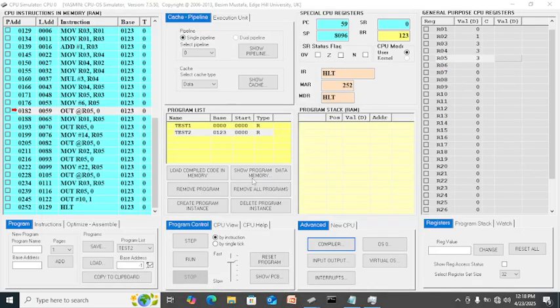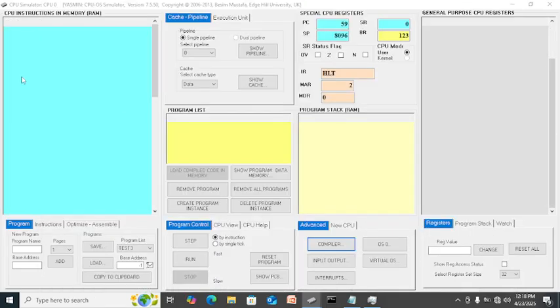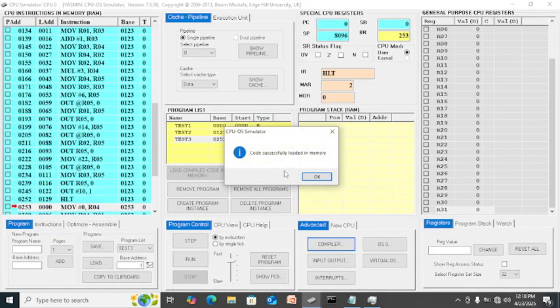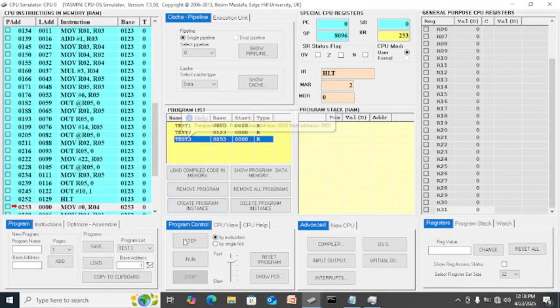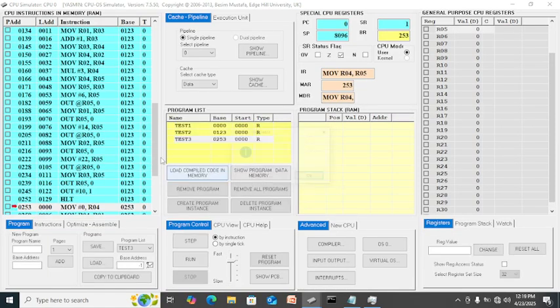Once you load that into memory, it will load here, and we have the test 3, and you can run it. Alright, bug introduction file.